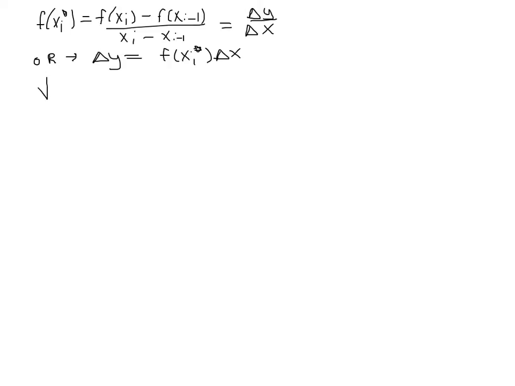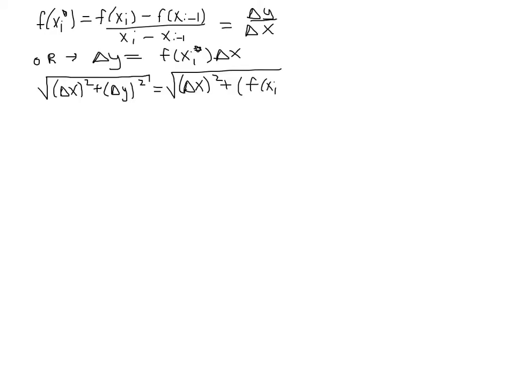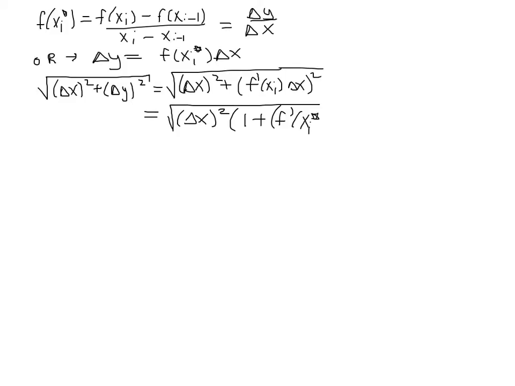And going back to the expression we had for the distance between 2 points, delta x squared plus delta y squared is now equal to delta x squared plus f of x sub i times delta x, the quantity squared. Now you can factor out delta x squared times 1 plus, oops, that should be f prime of x sub i star squared. And we can now root delta x, which gives us the square root of 1 plus f prime of x sub i star